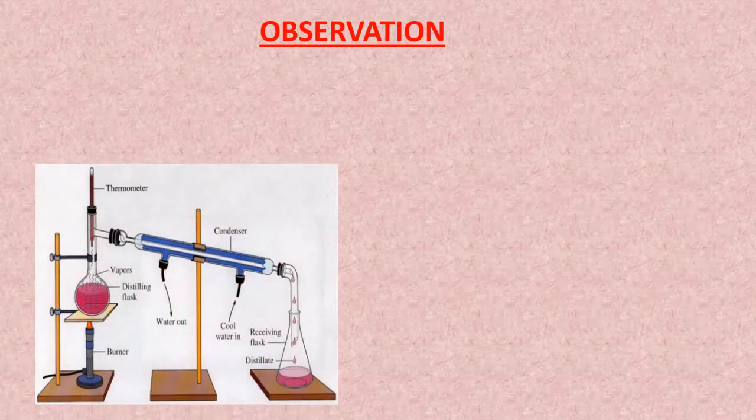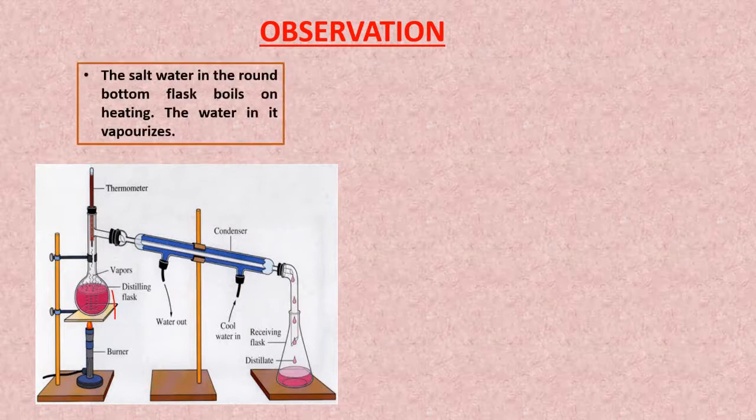So this is the apparatus of the method of distillation. Here we have a round bottom flask and there is a burner just below it. Thermometer is inserted in this round bottom flask and one nozzle goes into this test tube which has a small tube inside, and outside this tube there is this cooling water, and from this cooling water pipe or a funnel goes into the receiving flask.